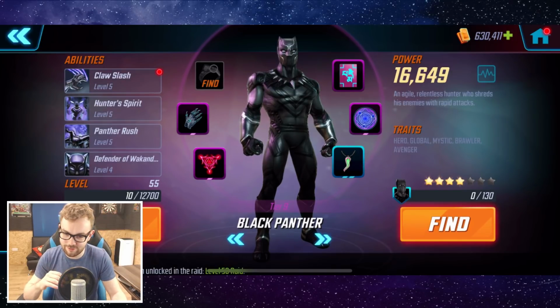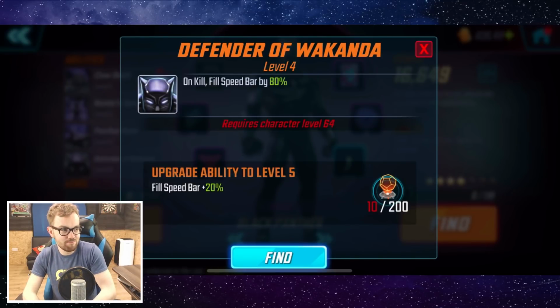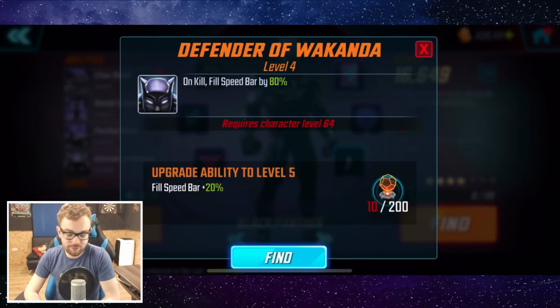What makes him an alternative potential version of Gamora is his passive ability, which has a total of 5 levels, and on every single level this upgrades by 20%, so it starts at 20% and then goes 40, 60%, 80%, 100, and the effect is on kill, fill the speed bar by a certain percentage. So at level 4, it's 80%, so he pretty much gets the majority of his turn back as soon as he lands a kill. However, once the level cap, actually it's 64 on this, ladies and gentlemen, my apologies,